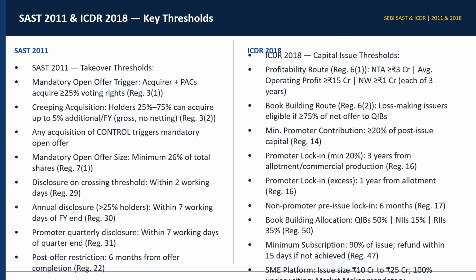ठीक है। प्रोमोटर का क्वार्टरली डिस्क्लोजर है विदिन 7 वर्किंग डेज ऑफ द एंड ऑफ द क्वार्टर। और पोस्ट ऑफर रिस्ट्रिक्शन है 6 months फ्रॉम द डेट ऑफ कंप्लीशन ऑफ द ऑफर। आईसीडीआर रेगुलेशंस है कुछ, इश्यू ऑफ कैपिटल एंड डिस्क्लोजर रिक्वायरमेंट्स। इसमें क्या है कि कुछ कैपिटल इश्यूज के लिए थ्रेशोल्ड्स है। आज बेसिक बेसिक बातें डिस्कस कर रहे हैं ताकि जब आप पढ़ोगे तो आपको समझ में आ जाएगा।